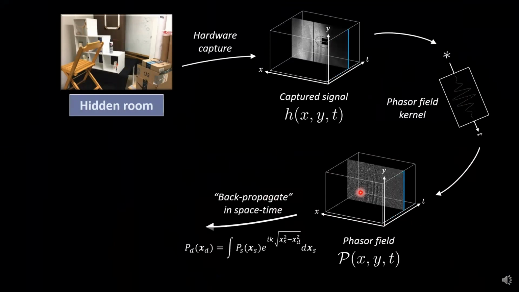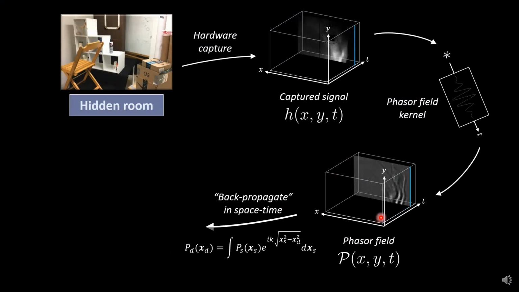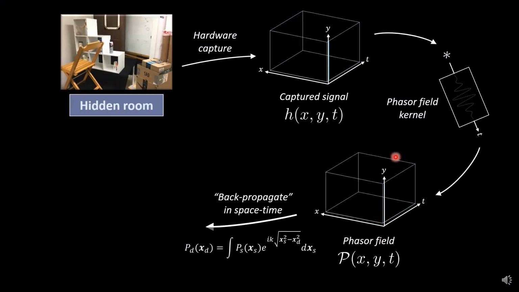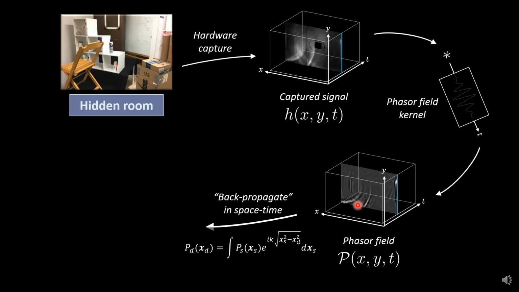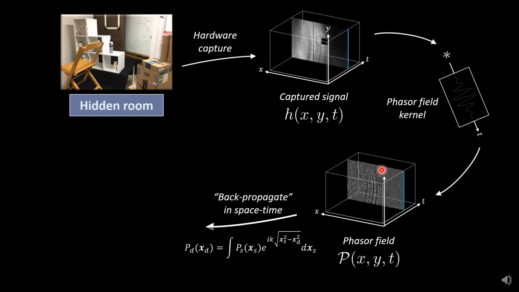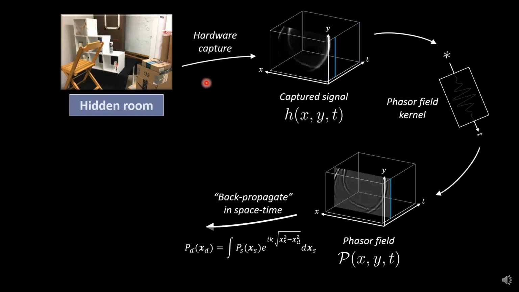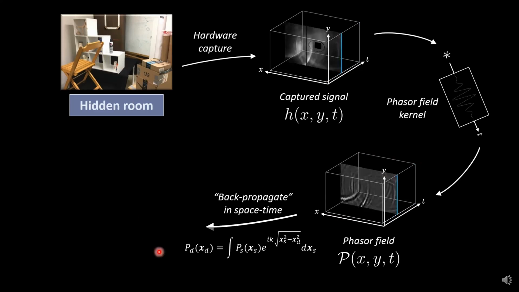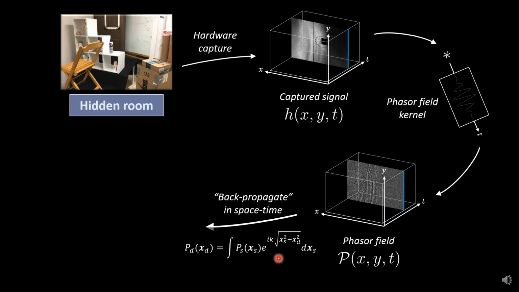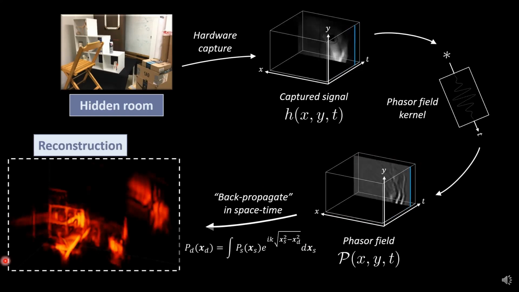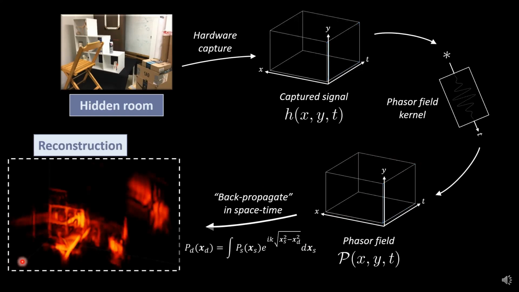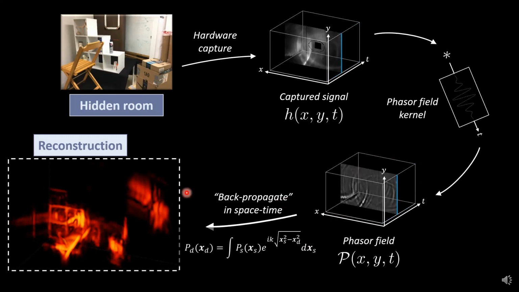And then we just treat this like we would treat any wavefront captured with anything, right? This could be a bunch of radio telescopes capturing radio waves and combining them in a phased array, or a bunch of gravitational wave detectors that capture the wave at all of these points, or ultrasound probes or anything. So once you know the wave at this surface, at the relay wall, all you have to do is implement this wave diffraction operator to project back and reconstruct the image. And that works the same for every wave. You don't have to know whether this is ultrasound or gravitational wave or anything. You just apply this operator and it'll work.